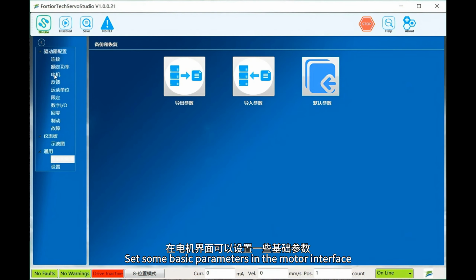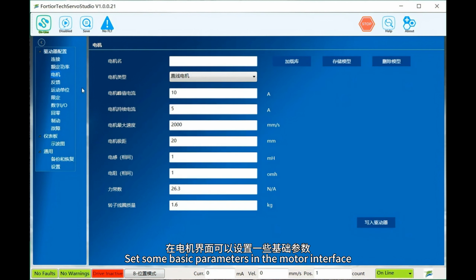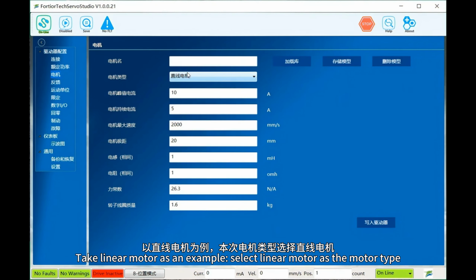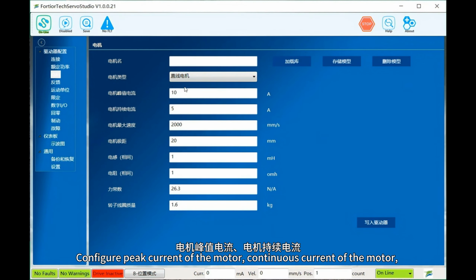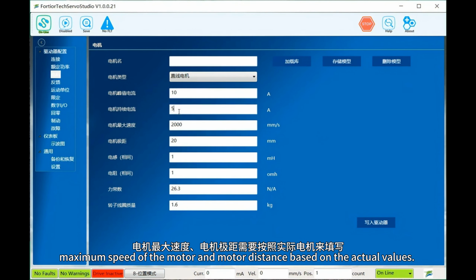Set some basic parameters in the motor interface. Take linear motor as an example. Select linear motor as the motor type. Configure peak current of the motor, continuous current of the motor, maximum speed of the motor and motor distance based